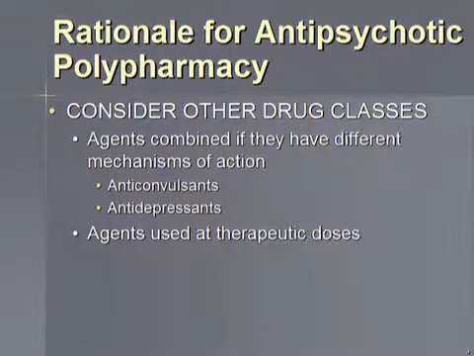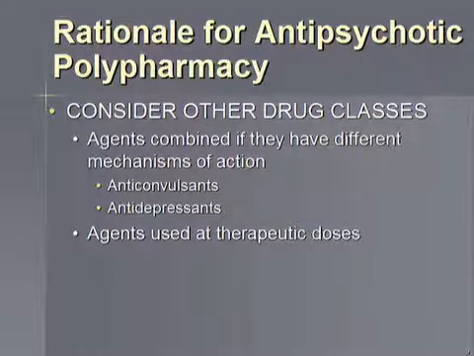Now, if one looks at the example of other classes of medications, where multiple medications in a single class are used for treatment of a condition, let's take a look at CNS conditions specifically, anticonvulsants. If one looks at combinations of two or more anticonvulsants for the treatment of a seizure disorder, what one finds is that the two anticonvulsants that you use have different mechanisms of action. You do not combine two anticonvulsants that have exactly the same mechanism of action. They have different mechanisms of action, and both those agents are used at therapeutic doses.